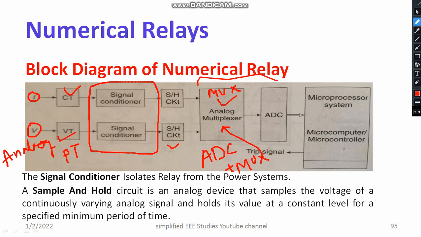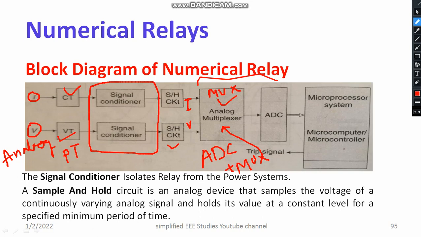Here we have current, then voltage, then it is fed to MUX, then ADC. So I have mentioned it as MUX plus ADC. Then the output of the analog multiplexer is connected to the ADC, analog to digital converter. There are different types of ADC techniques. R to 2R logic, any type of method can be adopted. You have studied the R to 2R system. Likewise there are many more ADCs available, so any convenient one you can use.